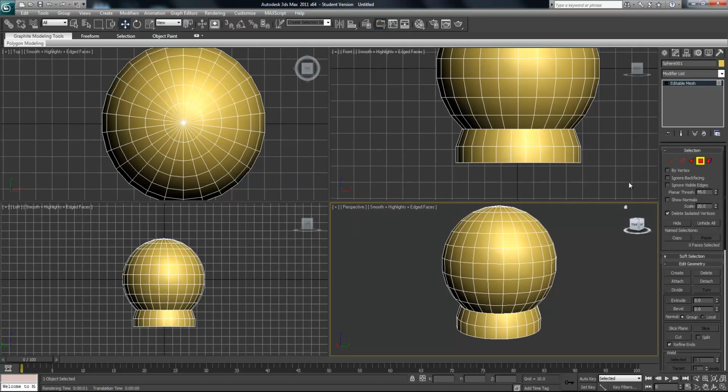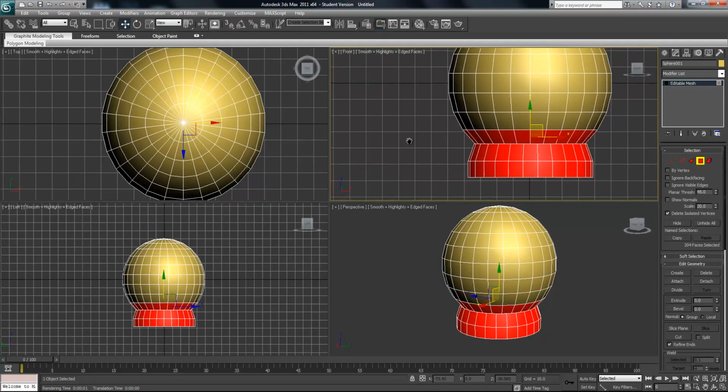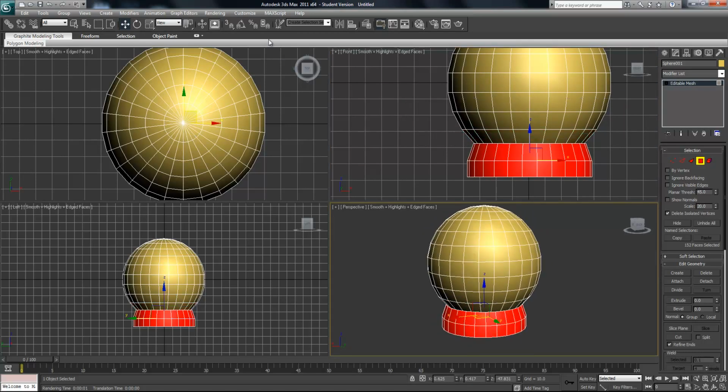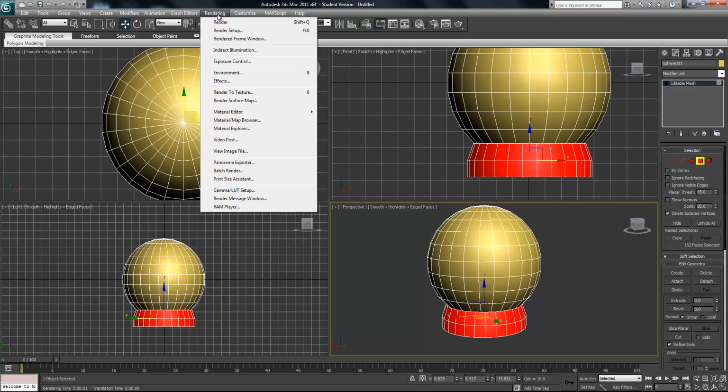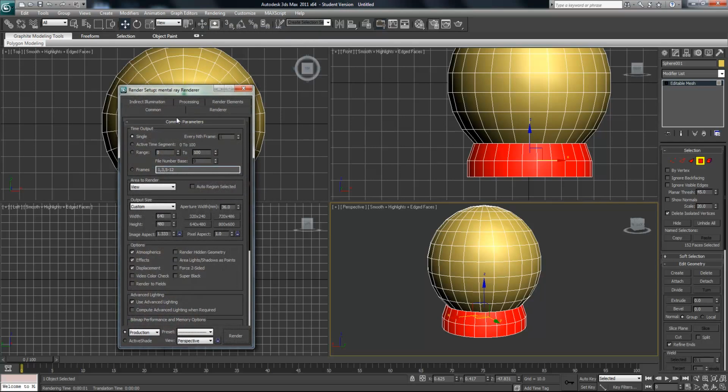So I'm going to go to polygon. I'm just going to select the base polys. So if I just do that and then deselect by holding Alt all the other polys on the actual sphere, like the glass area, I'm just going to go to rendering, and the kind of materials that we're going to be using are going to be in mental ray, so we need to make sure that our renderer is set to mental ray. So the way that we do that is we go to render setup, we click onto common,